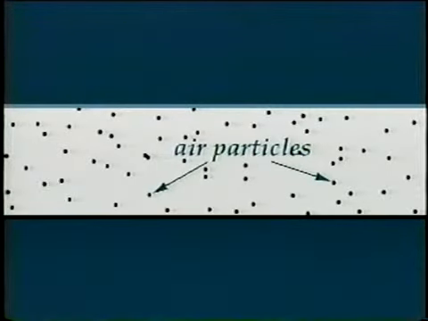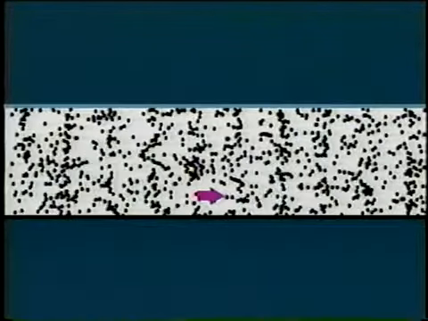Now a source is introduced on the left side. It is producing a pure tone or single frequency sound wave in the air. The air particles are displaced as the waves propagate away from the source. The particles themselves are just oscillating back and forth, but it can be seen that the sound waves are propagating outward.